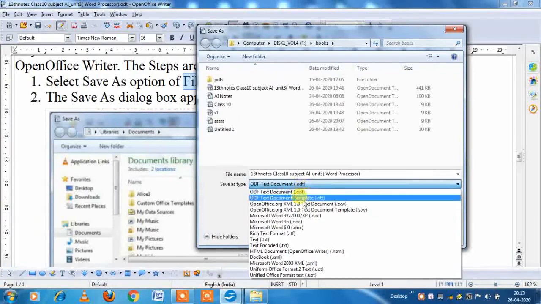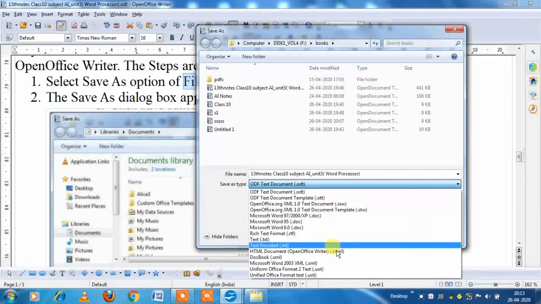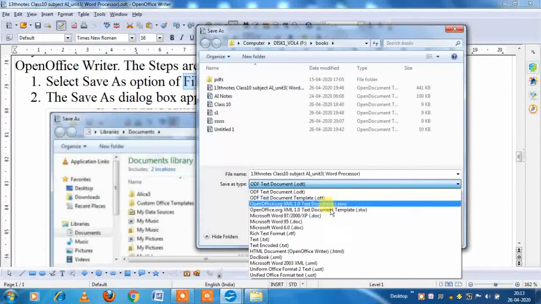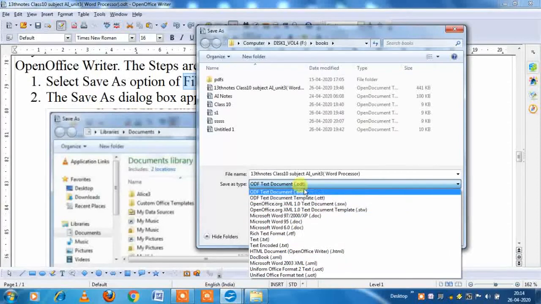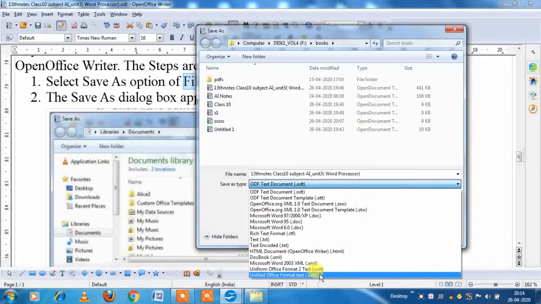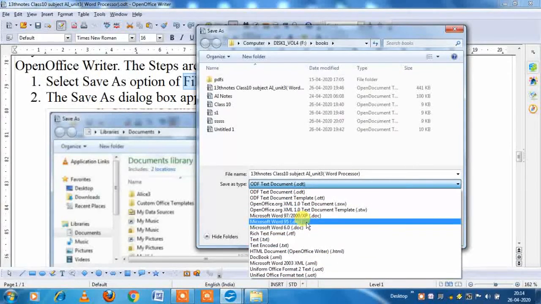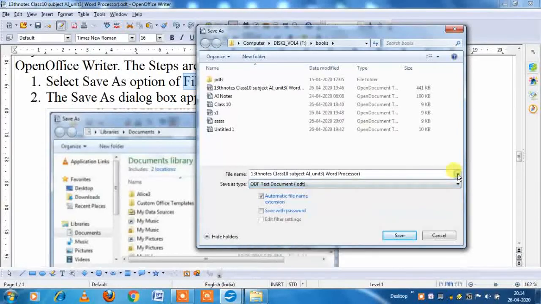A number of different file formats are given here: .ott, .doc, .rtf, .txt, .xml. So in a similar way, a number of file formats are given here. You can select any format in which you want to save your file. So this is the feature of the Writer application.